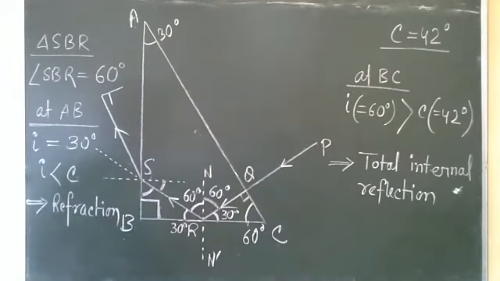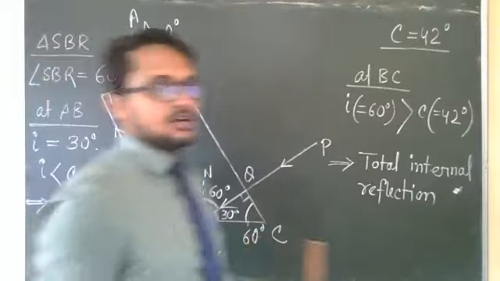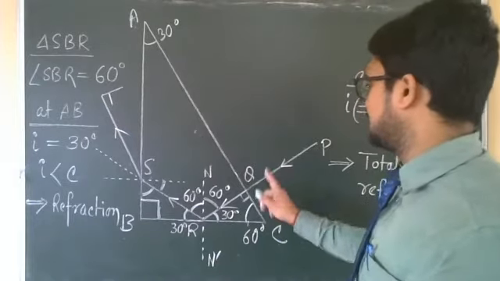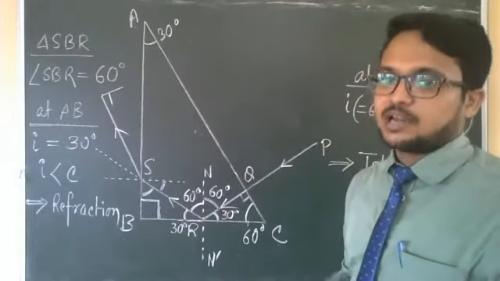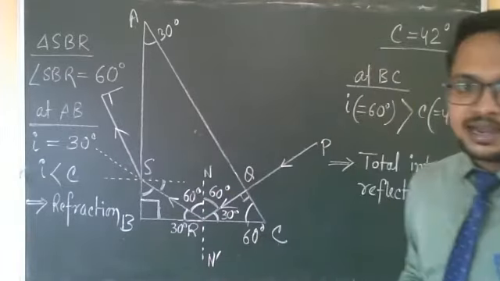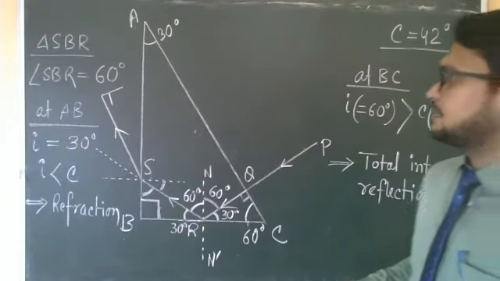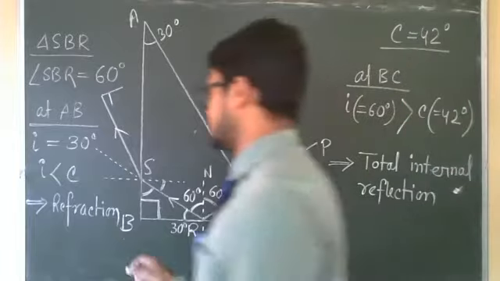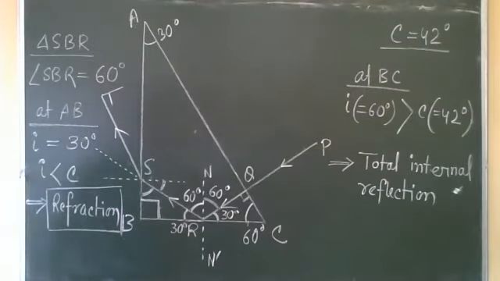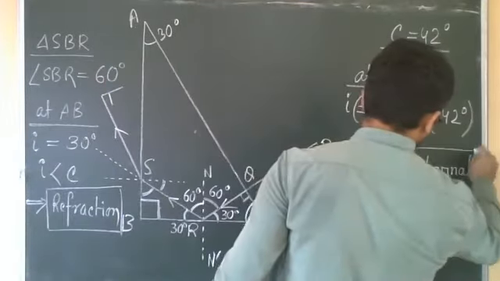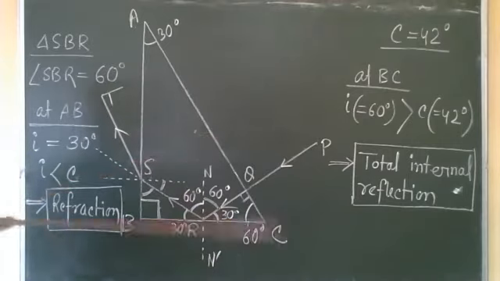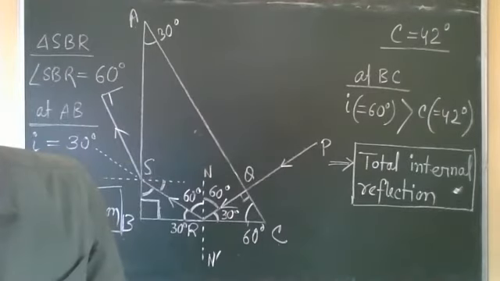So this is the kind of diagram. Now you will not be asked to draw this diagram from scratch. The prism and the incident ray will be given in the question. You have to complete the ray diagram by finding the different angles of incidence, and you have to consider the two things: total internal reflection and refraction. You can get short questions like: at which surface will total internal reflection occur? At which surface will refraction occur? Which surface will behave as a reflecting surface? These are the different types of short questions you can get, and this ray diagram is very, very important. Clear?